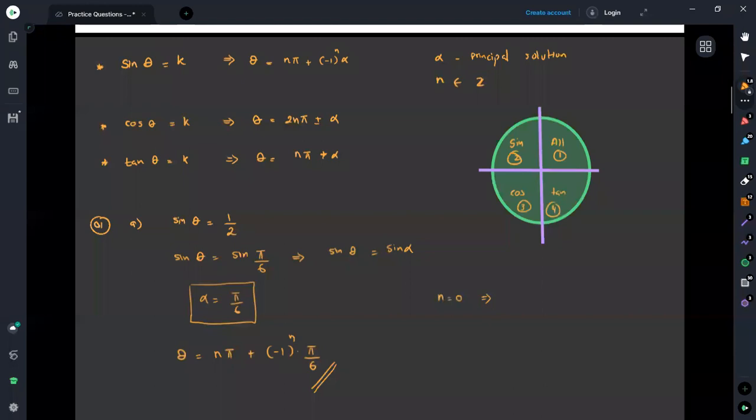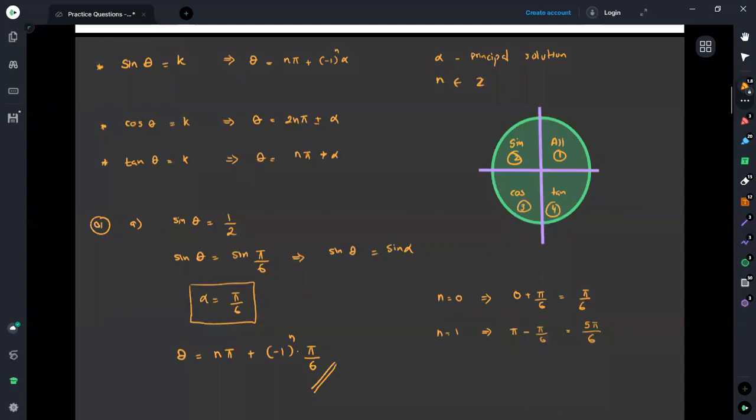If n is set as 1, then we will get (-1) to the power n, which is 1, so we get 5π/6. Simply, we are again getting the principal solution, just substituting n equals 0. Then we can substitute the value n equals 1. Then we are getting 1 times π, then minus 1 to the power 1, it is an odd power, so it becomes minus. Then we connect this minus sign with 5π/6. Altogether, we are getting this as 5π/6 times 5.